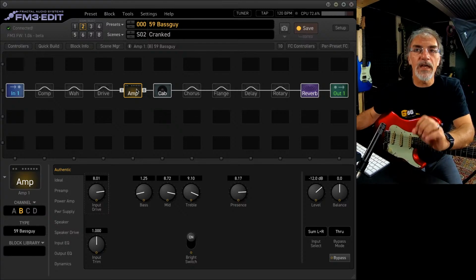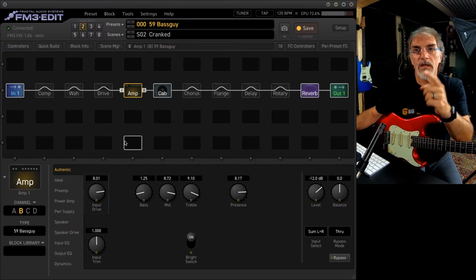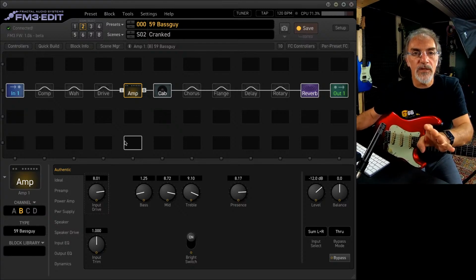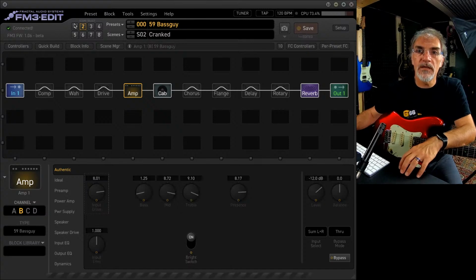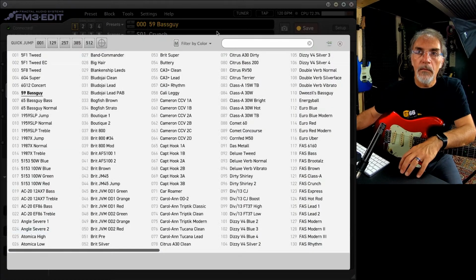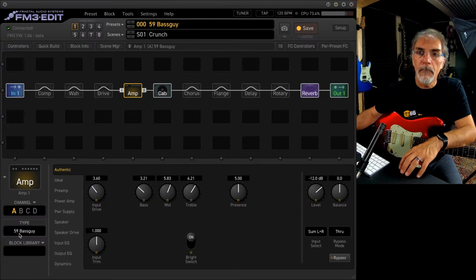That means that the amp block is not only one. You have 4 different amps that you can select by the scenes. So scene 1, for example, is the bass guy. Scene 2 is again the bass guy, but you can see that all the parameters changed.